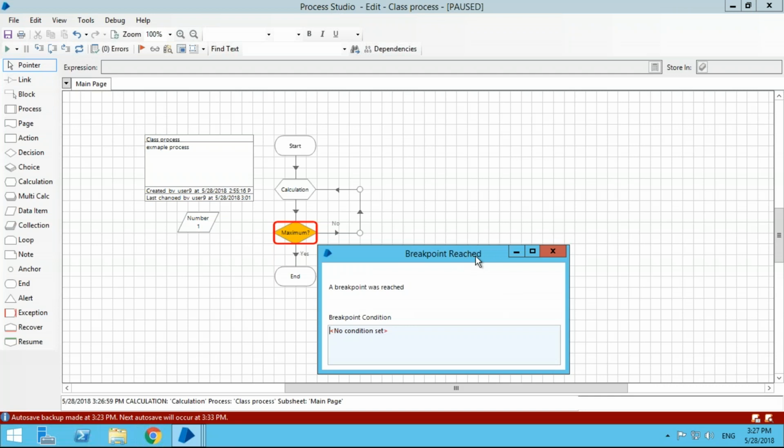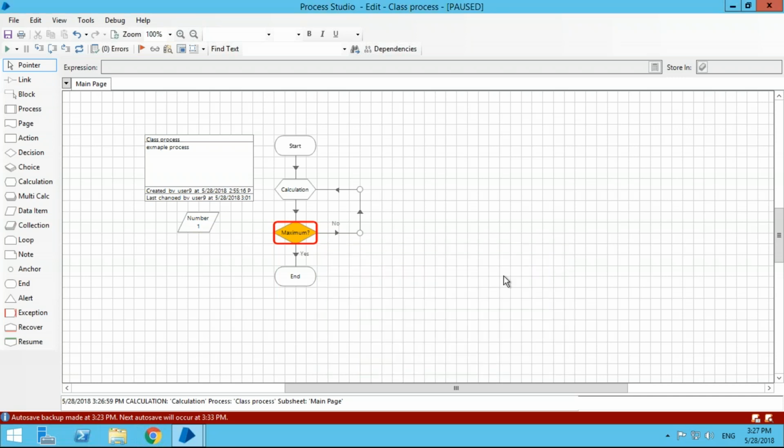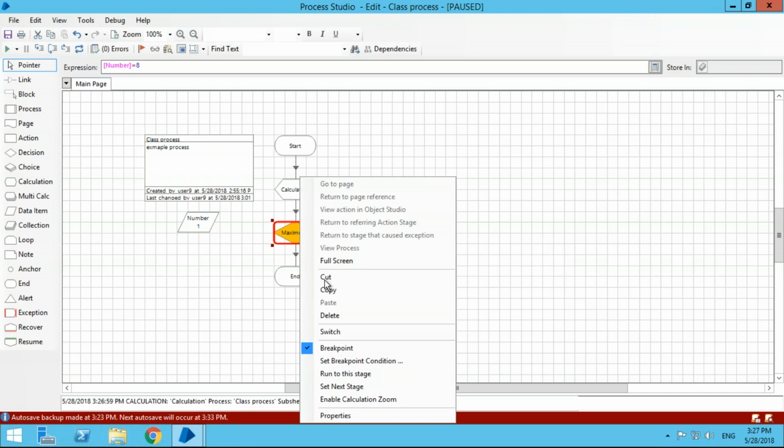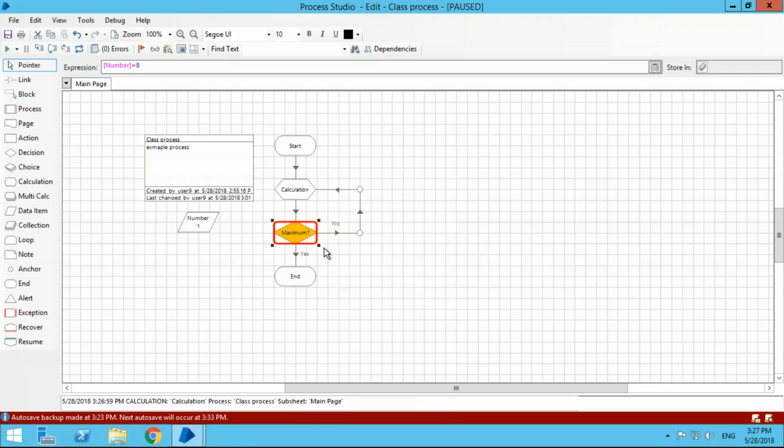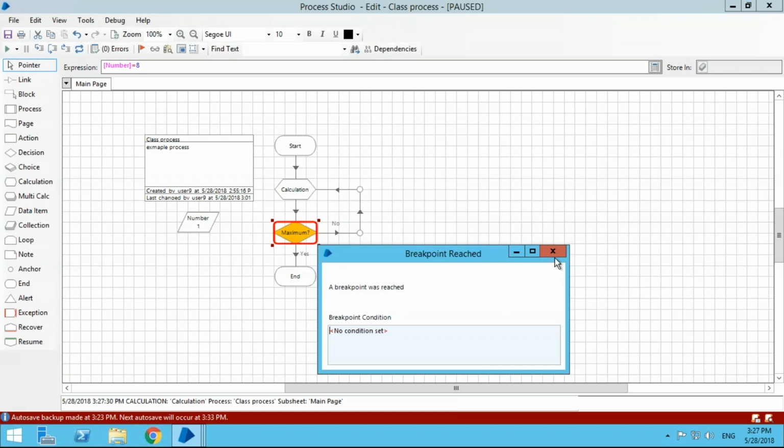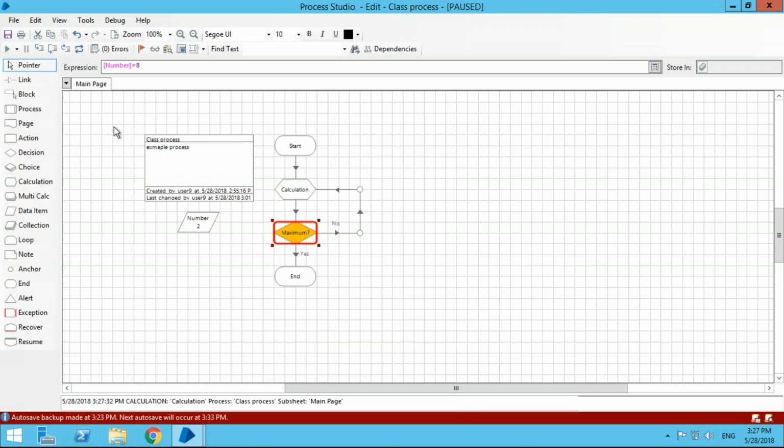You see that breakpoint reached, and that's really useful when you've got a major diagram and you've got different scenarios that you can go to, and if you reach a specific scenario, you want to stop it there so you can do some sort of manipulation onto the data items before you move on, because you know of your test data or whatever. That's really useful because you don't know if you're going to go down the first scenario or second scenario, so you can't really do run to this stage. You want it to run a few times, and then if it hits a certain scenario, you go to the breakpoint. That's when it's useful. So you press play and it hits the breakpoint. You can press play again and then you go back and it hits the breakpoint again and it stops there.